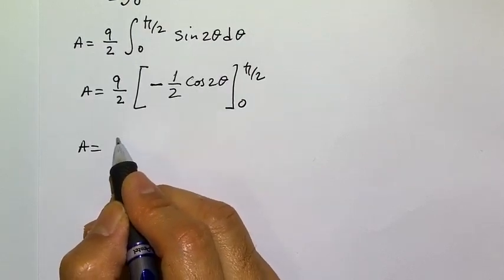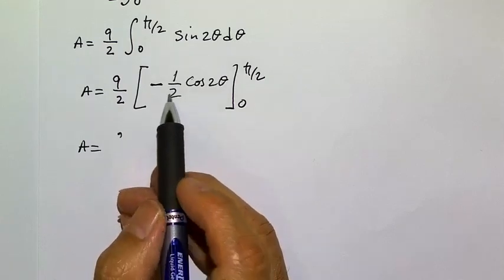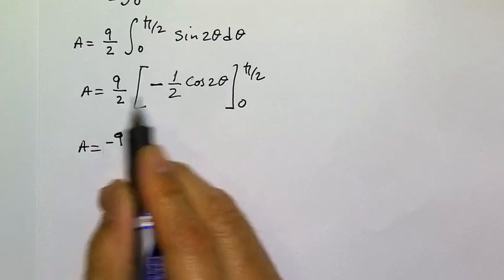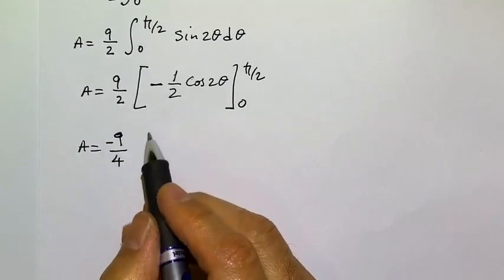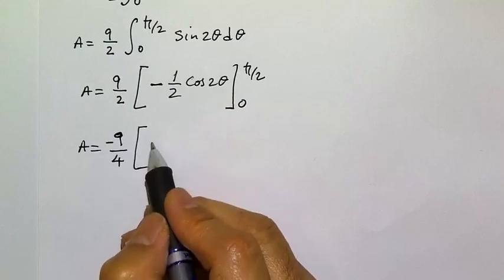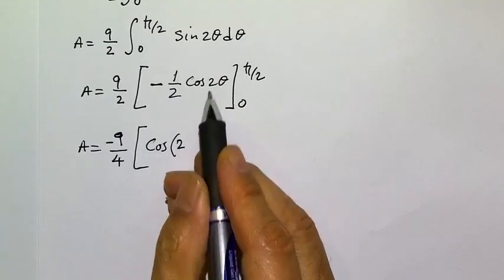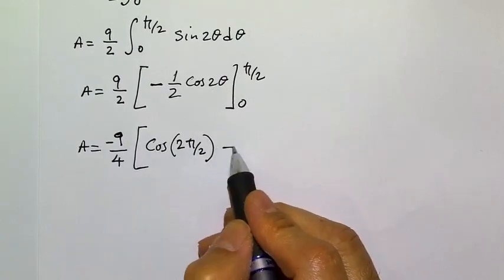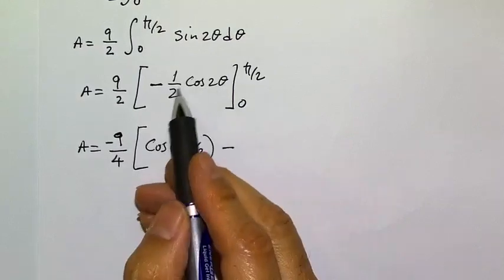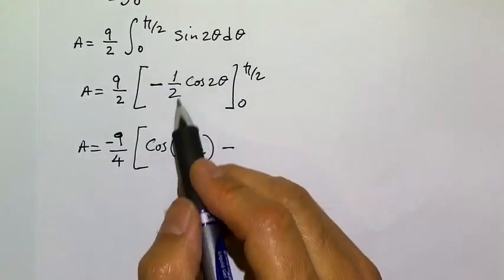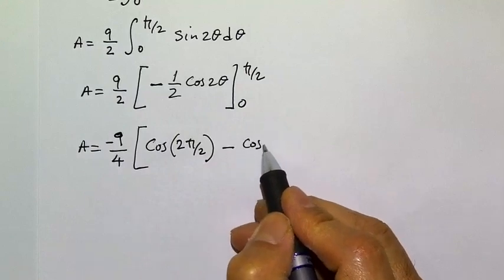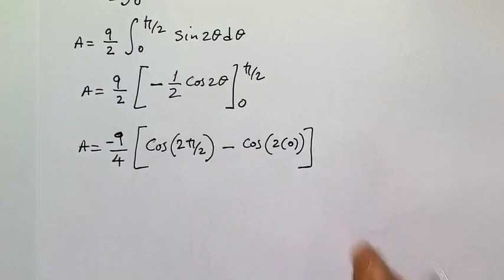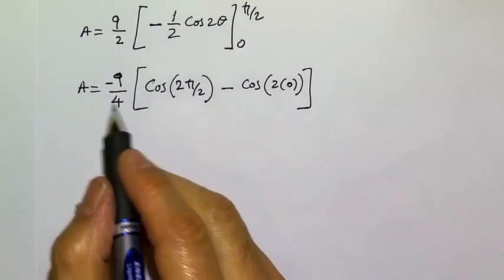So we have then 9. By the way, we can factor this out too, so why not do that? So minus 9 over 4, right? And then the rest, cosine of 2 times theta, so 2 pi over 2, and then minus cosine of, because we've already factored out minus 1/2 into this, so we don't have to worry about it. So cosine of 2 times 0, right? This 0, close bracket. So we have